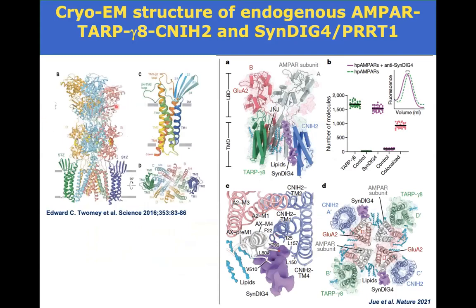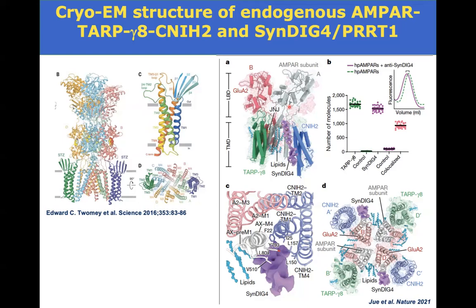Okay, and then as I mentioned, this is the AMPA receptor structure, and this is with one of its other auxiliary factors. The name is stargazin because it was identified originally from a mouse mutant called stargazer. It had a mutation in this molecule that, when mutated, the mice would have these absence-like seizures, look up to the sky, hence the name stargazin. And there was a recent paper last year from Eric Gouaux at OHSU that identified SynDIG4, PRT1, that we study, as being